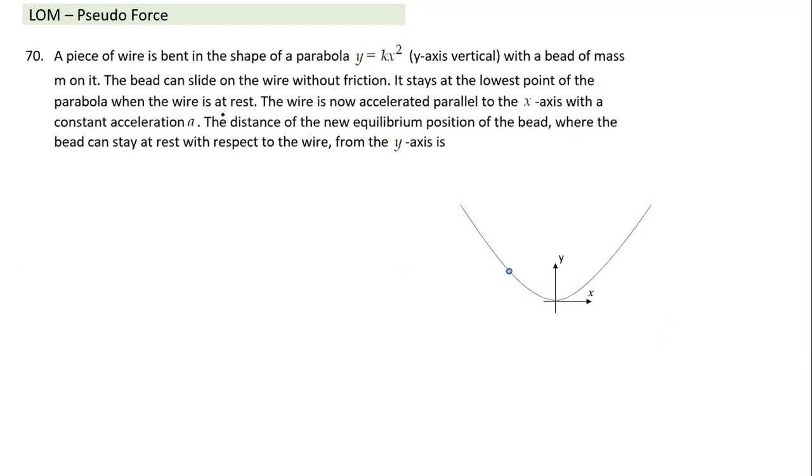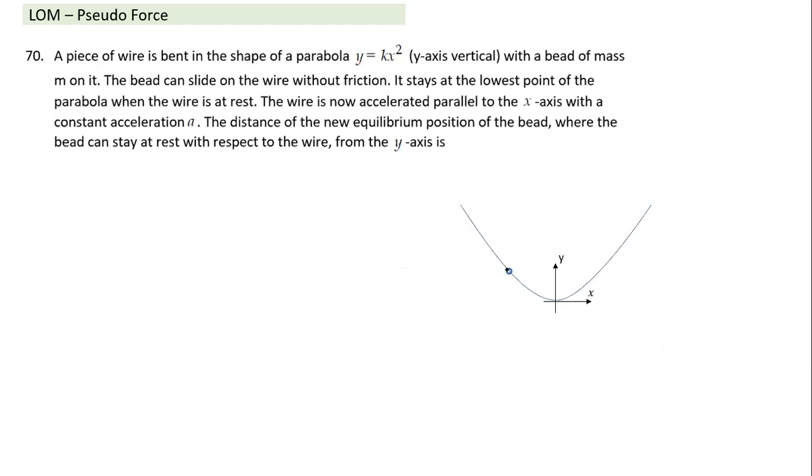Let's look at this question here. This also is based on similar logic. It is almost the same as the previous question, though it appears a little different. So, rod and ring. Now in this case, it is like a smooth wire, and this is the shape of the wire, bent in the form of a parabola.